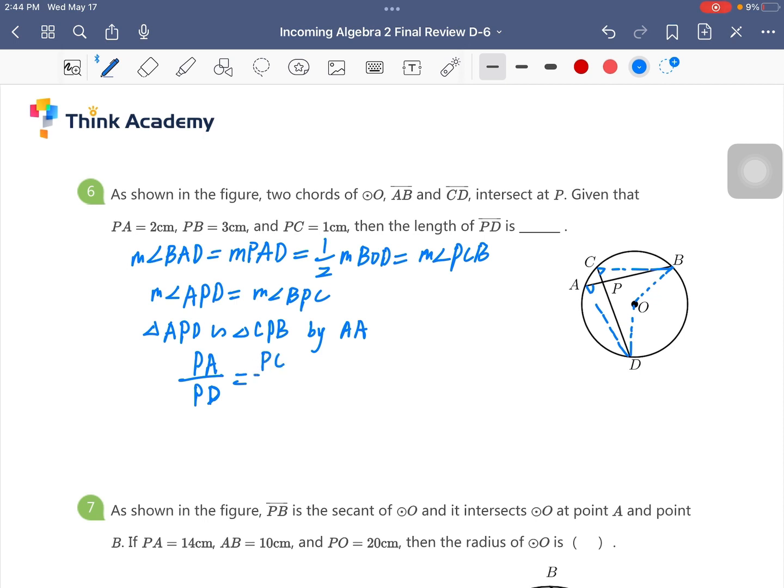Then we have PA over PD equals PC over PB. So PA times PB equals PD times PC. That means 2 times 3 equals PD times 1, so PD will be 6